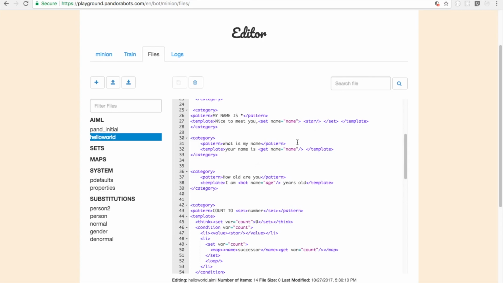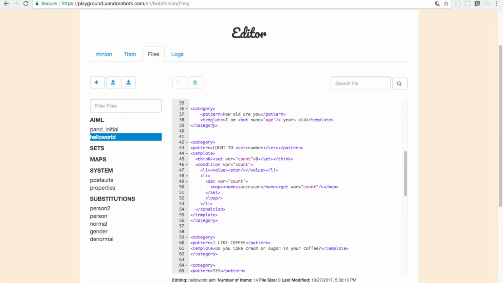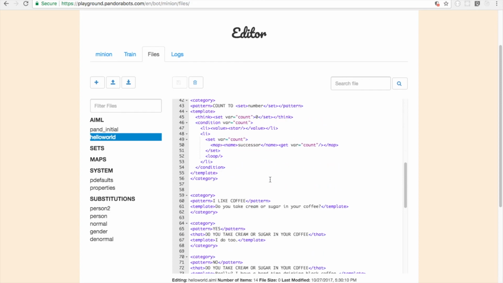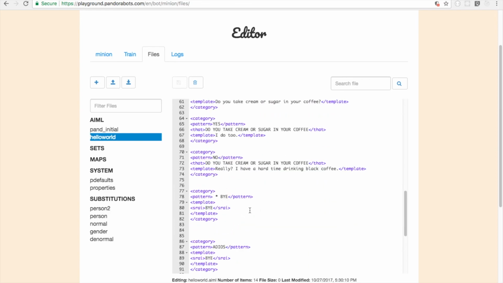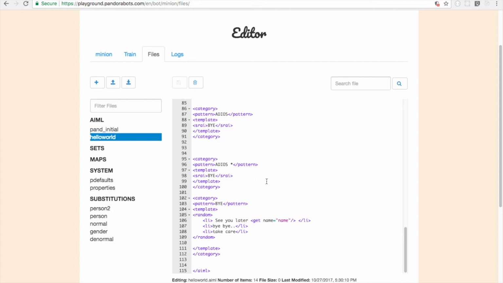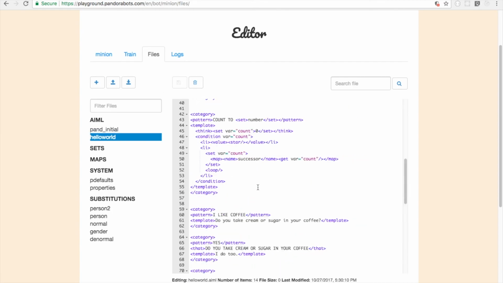Then the predicate. Then the variable, that is the local variable, the loop, the think tag. Then we covered the that tag, how to use it. Then how we recurse it.